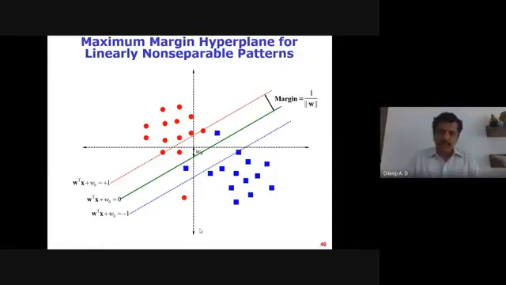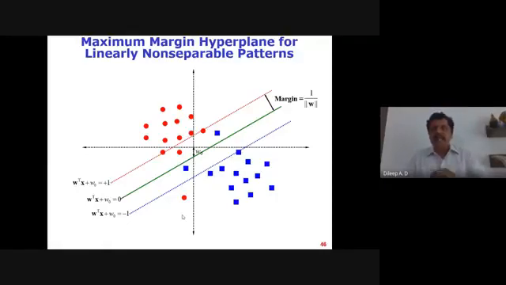If you look into this blue example here, this violates the margin property, because what I expect, as in the previous case, is that it should be on the correct side of the margin. This one is also violating the margin property. But this one is on the wrong side of the separating hyperplane, and this also is on the wrong side of the separating hyperplane. That means these two examples are causing the misclassification. These are the two kinds of errors that we are allowing to happen.